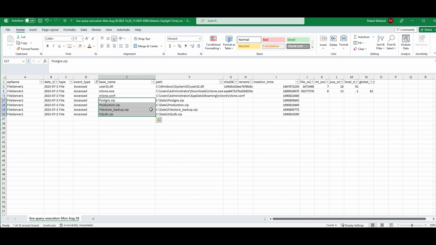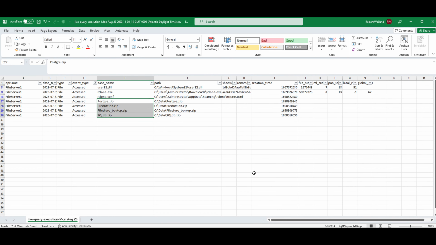They were accessed by the rclone process. In this case, this query is not really all that interesting, but you could imagine that in a scenario where there was a lot more files in a directory that was targeted by a threat actor doing exfiltration, where there was maybe 10,000 files, this query could be really helpful for identifying which files within that directory were indeed touched by the malicious process and which ones were not.